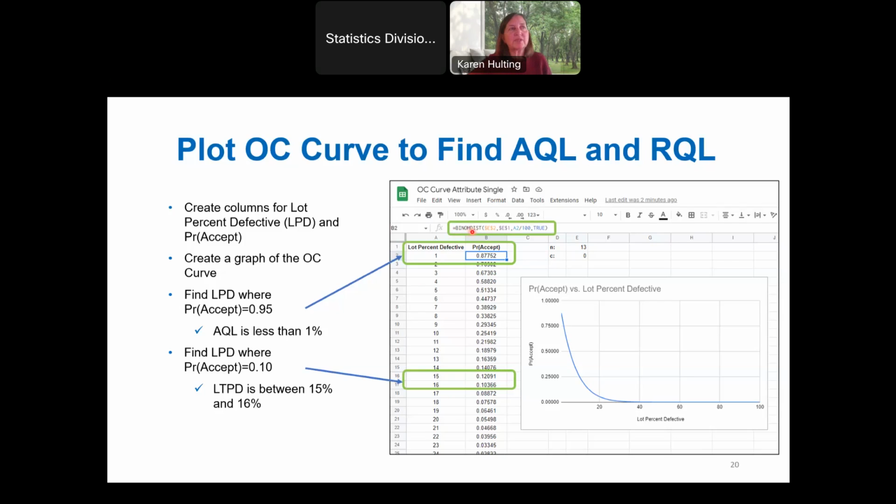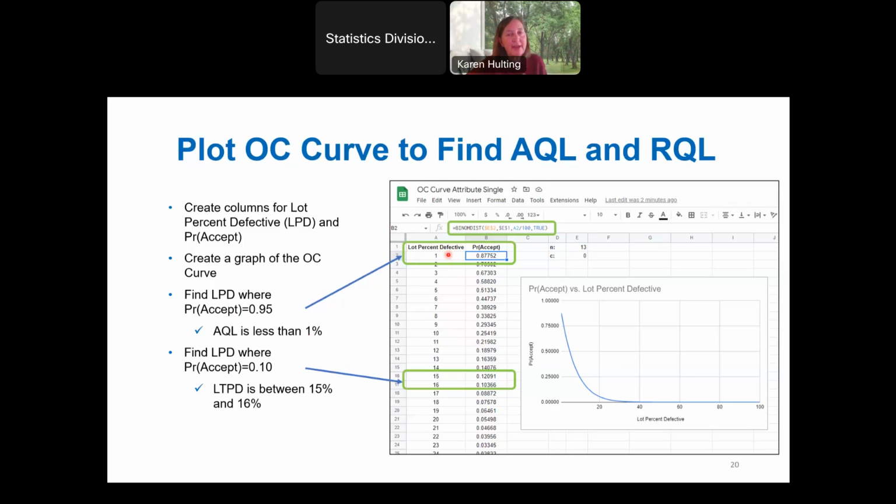So this is my x-axis in column A, my y-axis is in column B, and then here's the formula, binom distribution, where my first value is my acceptance number. What is the probability of getting 0 defects? And then my next parameter is my sample size. That's my 13. And then the probability of getting a single defective, that's the value in this first column divided by 100. And then I'm using true as a cumulative flag. It's going to accumulate the probabilities up to my C value.